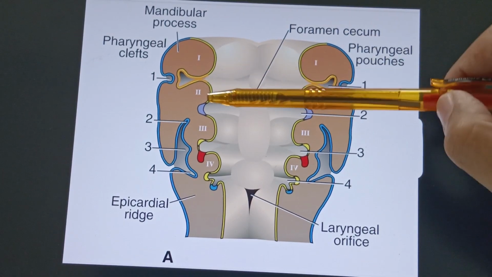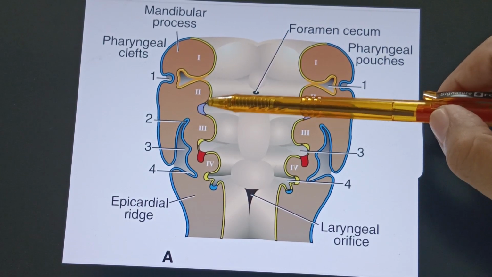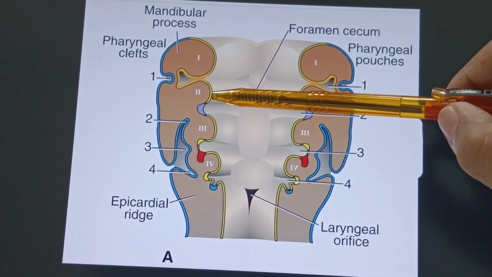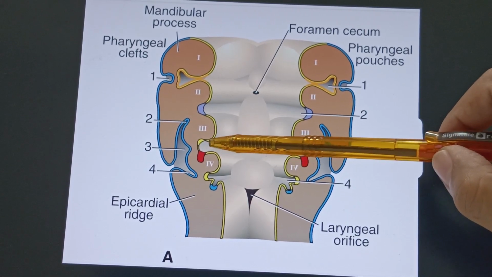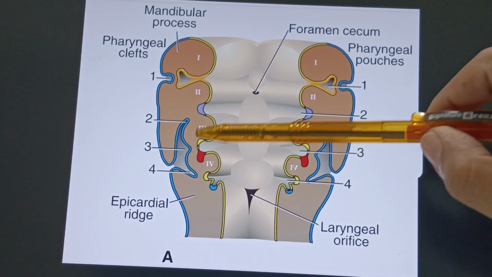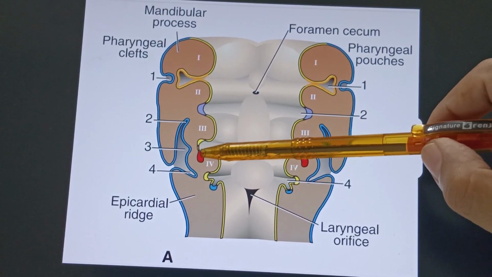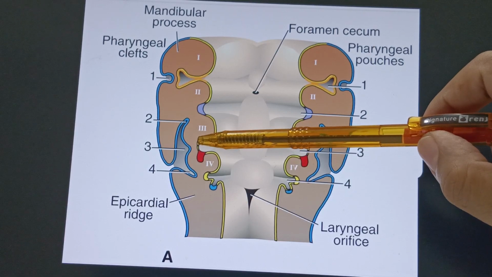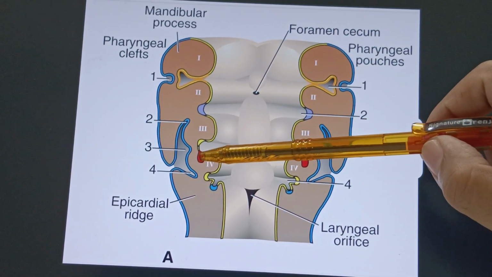Okay, now come towards the second pouch that gives rise to tonsils, especially the palatine tonsil, and of course the tonsillar fossa. Now if you concentrate on the third pharyngeal pouch, you see it has the yellow colored dorsal wing and the red ventral wing. The dorsal wing is giving rise to the inferior parathyroid gland, and the ventral wing is going to give rise to